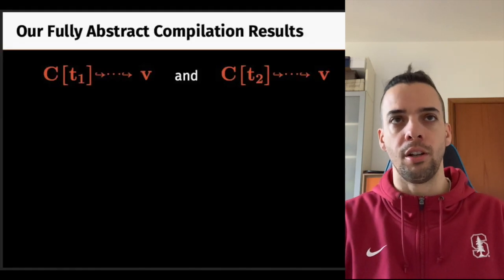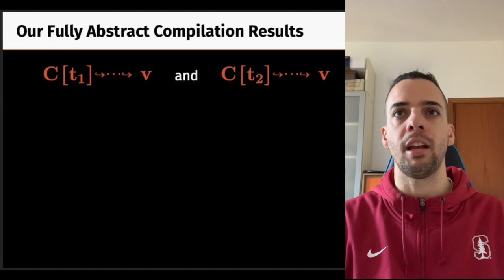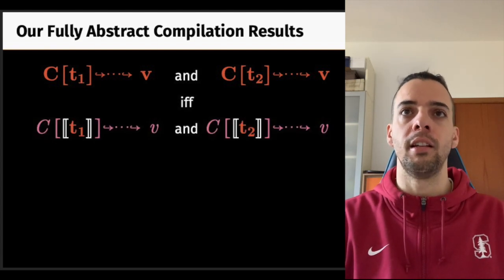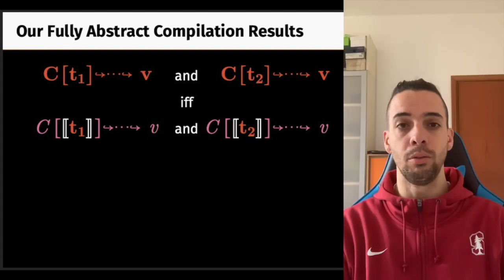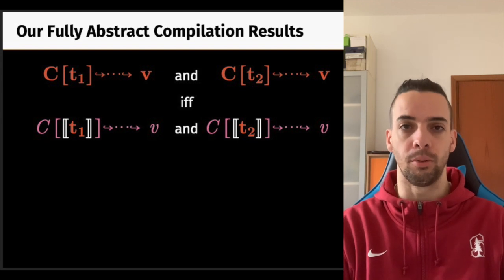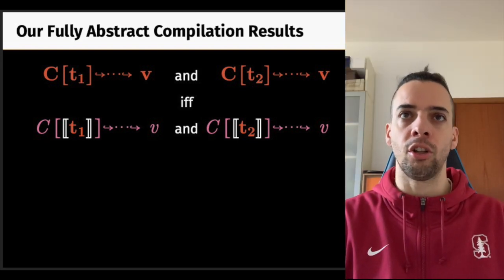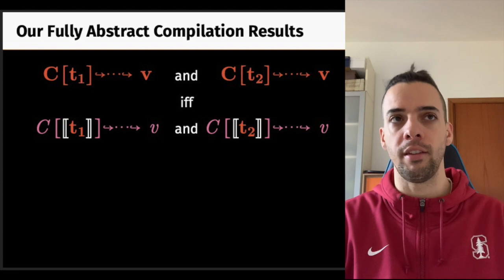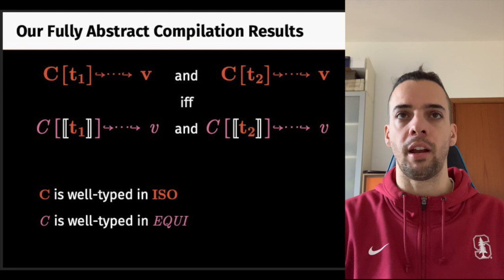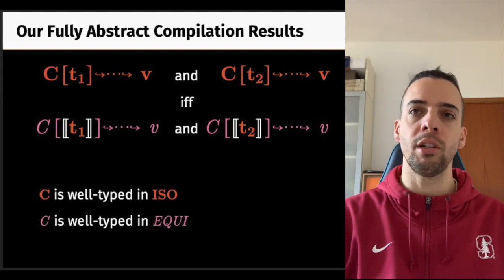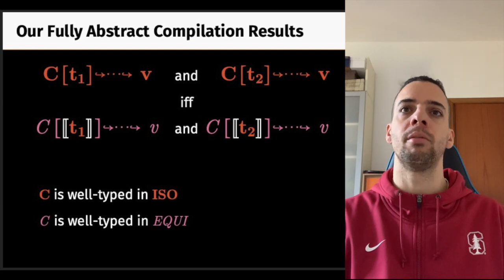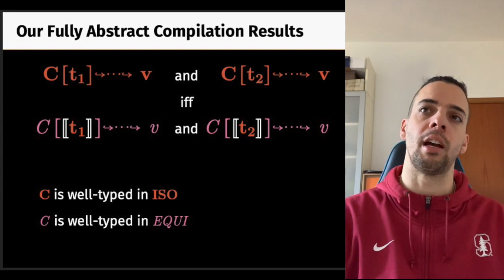Fully abstract compilation is about reasoning about the interactions of two terms and their compiled counterparts with contexts in two different languages. Intuitively, contexts C are larger programs that the terms interact with. We need to reason about the interactions over the possible interfaces that the languages allow. In this case, the source interactions happen over a possibly isorecursively typed interface, while the ones in the target happen over a possibly co-inductively equirecursively typed interface.